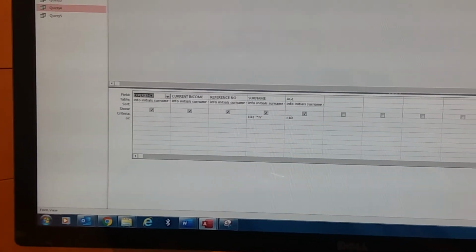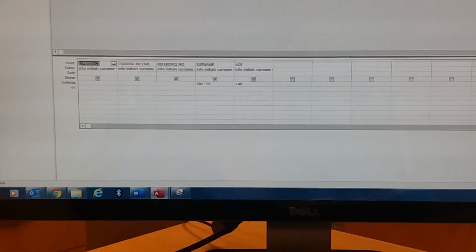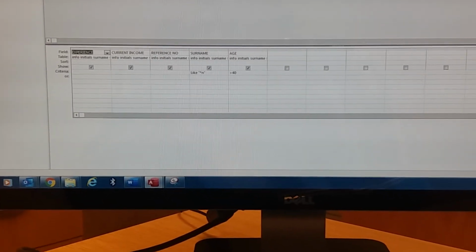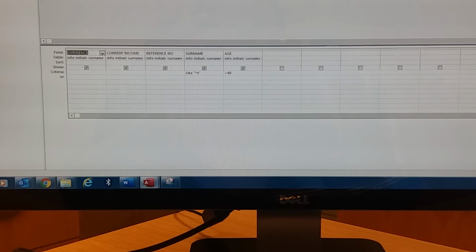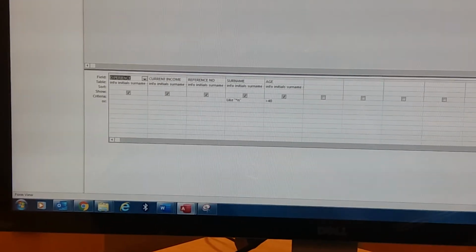Query number 4, they are saying find all the surnames that end with N and are older than 40. Show experience, income, and reference number. Okay,